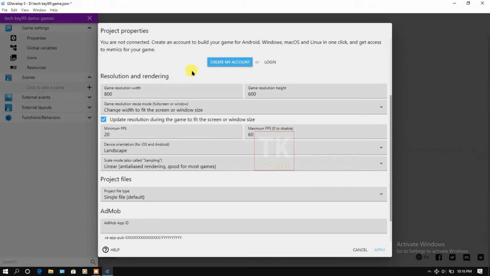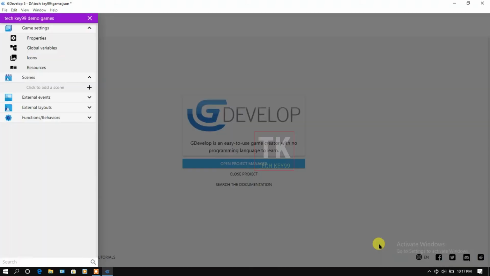Resolution and rendering. Let's see what resolution and rendering are. First you have to create game scenes. Click on apply and click on add scene. Click on new scene.